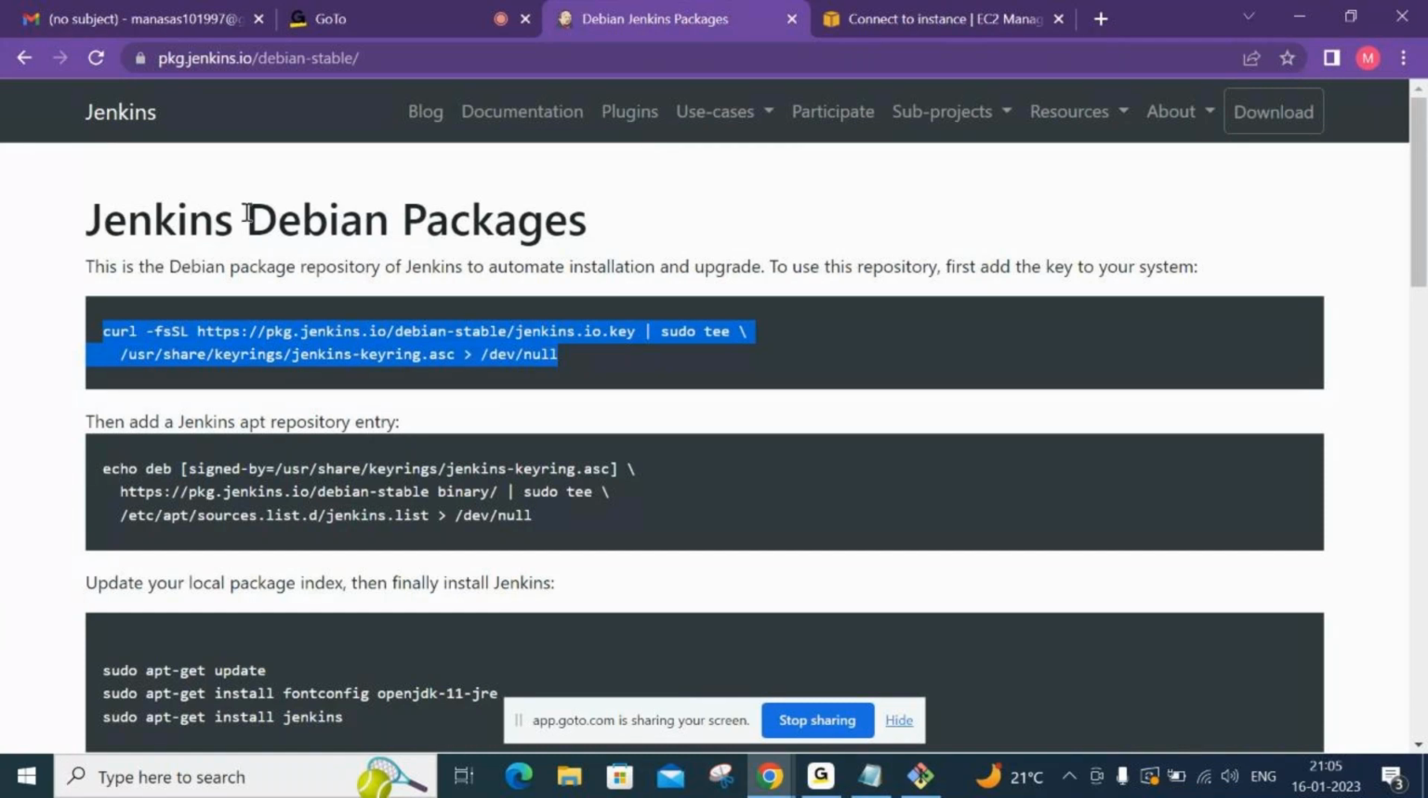So first, this command represents the Debian packages repository of Jenkins, to automatically install and upgrade the Jenkins packages. Debian packages are mostly used in the Ubuntu system. So to use this repository, first you have to add the key to your system. It's like a key to add to the system. Then once that is done, you have to add Jenkins to the repository. If you have to add the Jenkins apt repository here, same as whatever command is present over here, copy it